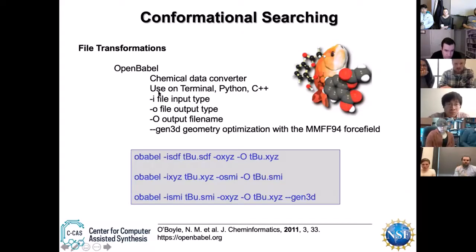But how we specify these on the terminal is using these options, so we can give it an input file type, output file type, and then a file name. If we're trying to generate 3D coordinates, OpenBabel can do that for us using an MMFF94 force field. This is just kind of an example of converting this tert-butyl